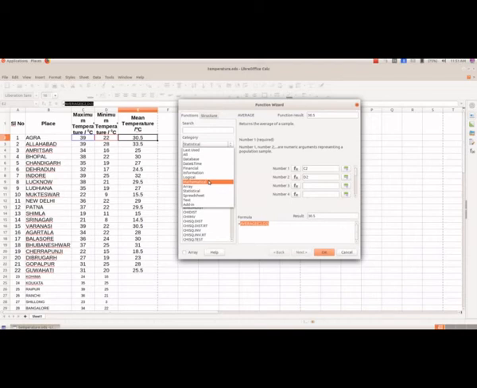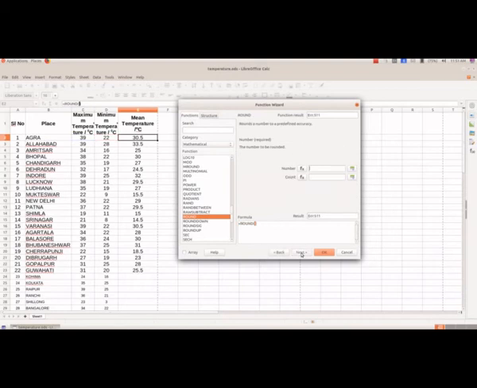So from category we will select Mathematical, and we have to select round from here. Here we have round, and then we will select, and this indicates the average one.